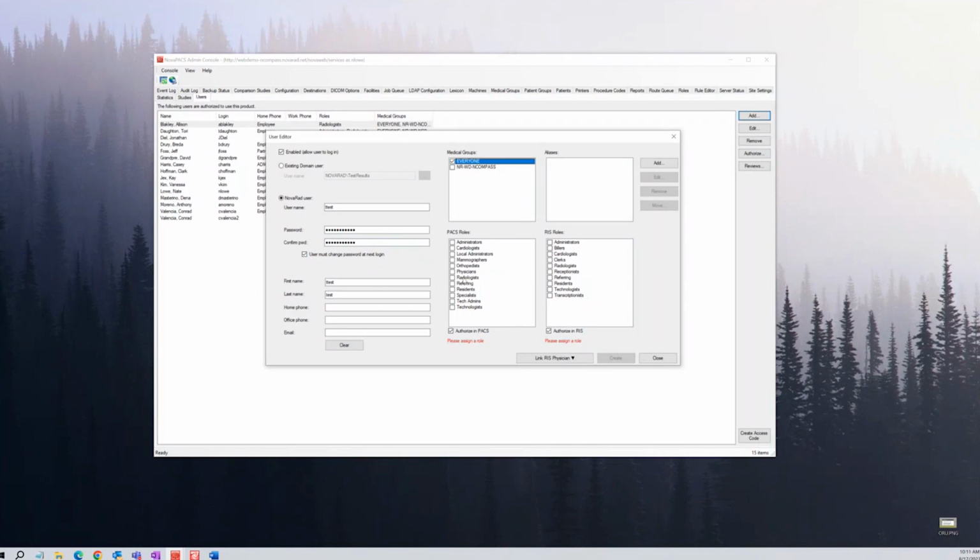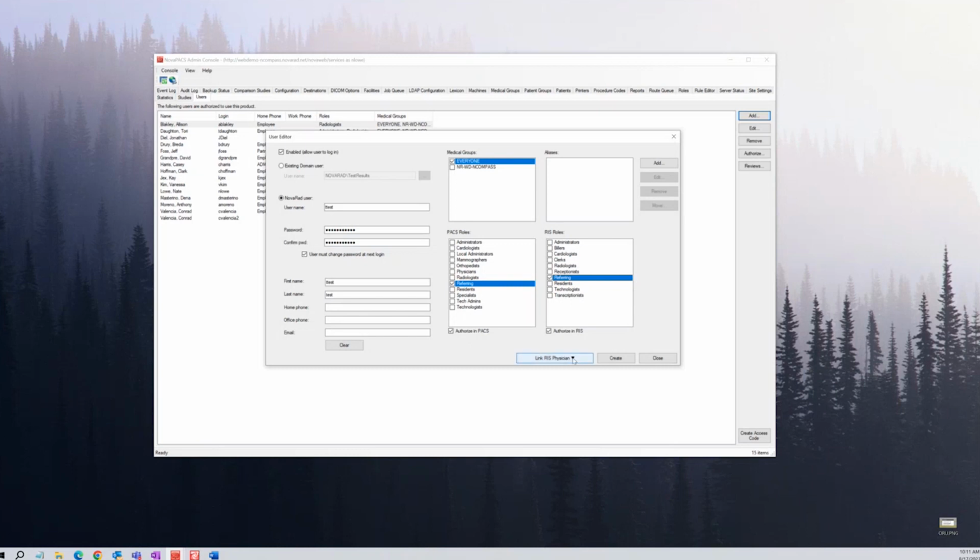So I'm going to start off by showing you how to set up, say, a referring physician, since there's a little more to the physicians than there is with a regular user, like a technologist or an administrator. So I selected a referring physician under the PACS role and under the RIS role. If you're familiar with RIS, even if you don't have the full RIS, there is a physician record that lives inside RIS, and that's going to either come through the interface or it was manually input into RIS. And what we're going to do here is link this PACS user account to the RIS physician record.